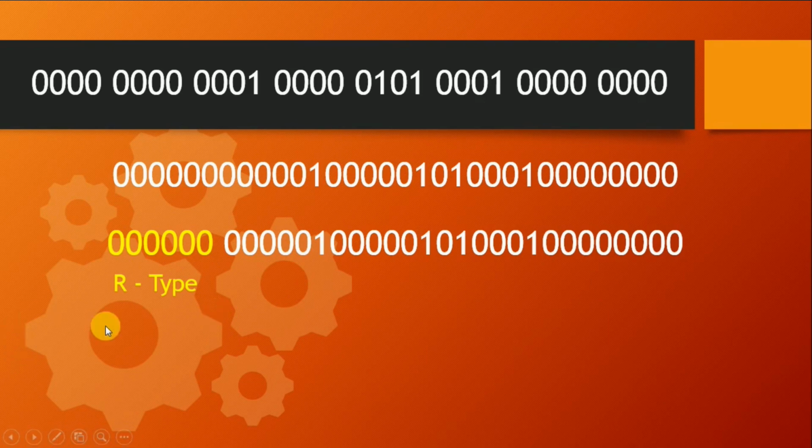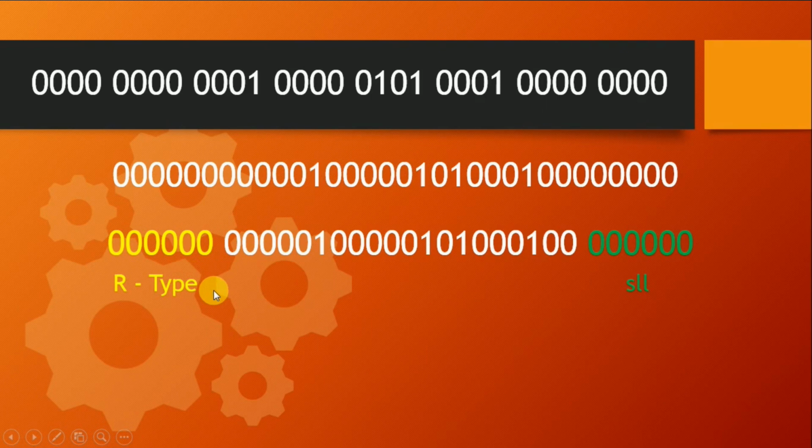Once it is detected as R-type instruction format, in order to identify the operation, we have to see the function field, last 6 digits. In this case, the last 6 digits are also 0. This function is for shift left logical, SLL. Now we have found that this is an R-type.